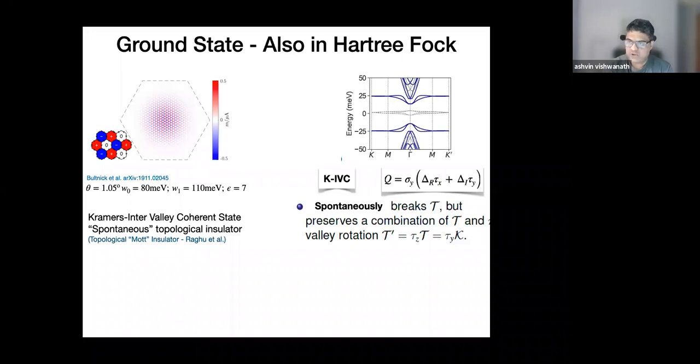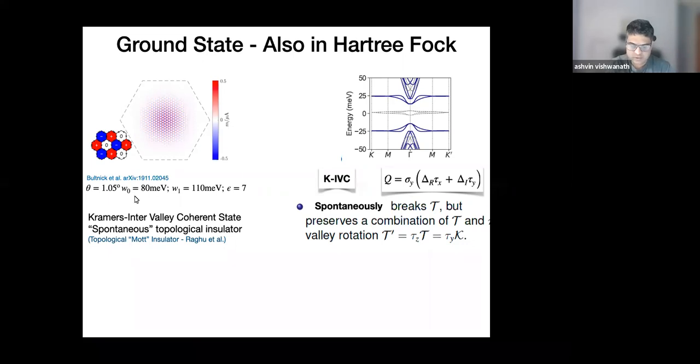Okay, so in graphene, of course, you have the regular time reversal symmetry. You don't need to worry about spin orbit coupling. So the time reversal squares to +1, just complex conjugation and switching the valleys. But the state over here breaks that time reversal. The currents reverse under time reversal, but there's a modified time reversal you can define, at least in the continuum problem, where you also rotate the valley degree of freedom. That modified time reversal squares to -1. It's kind of like Kramers time reversal. So this has this other time reversal present. That's why we call it the Kramers intervalley coherent state.